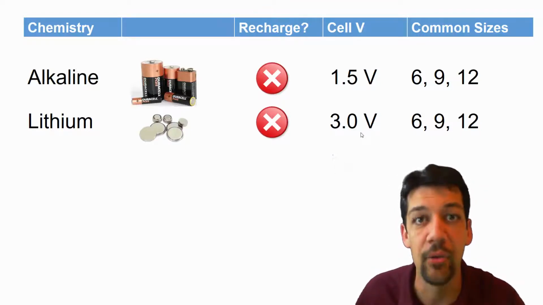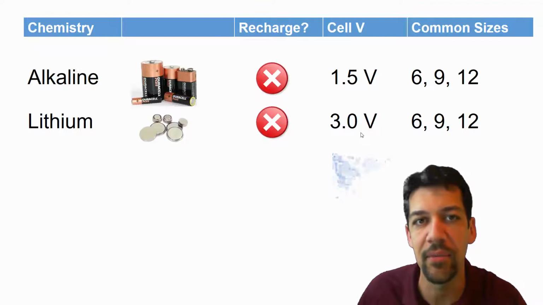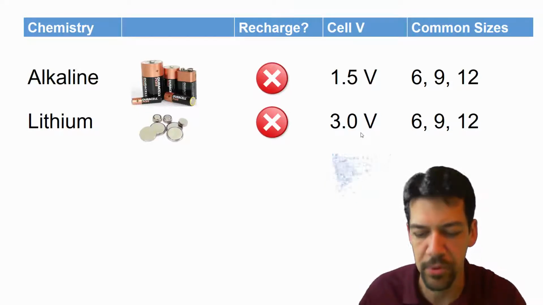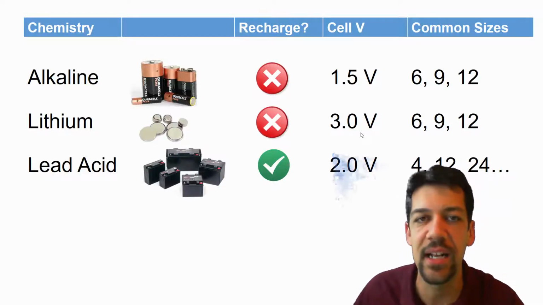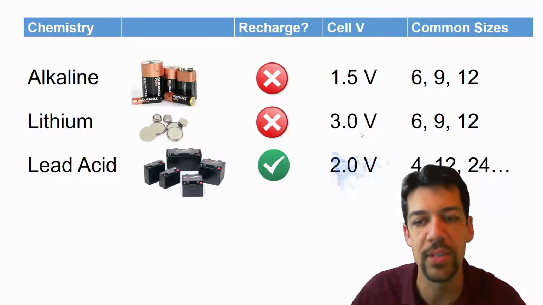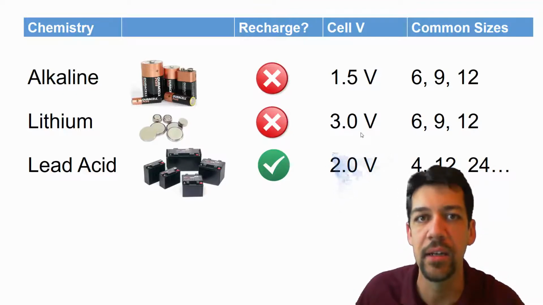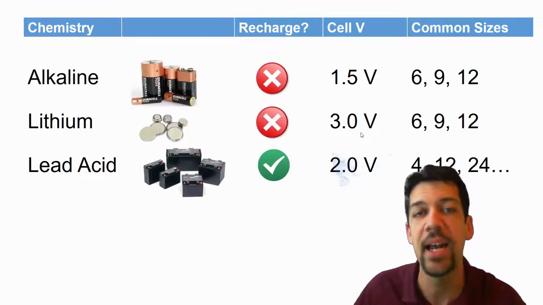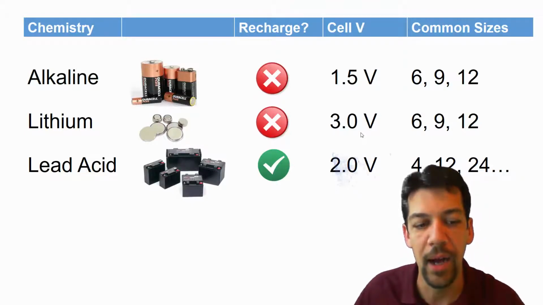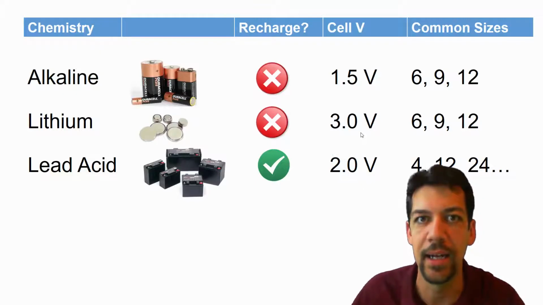They're usually really expensive, but they're very high capacity for the size of a battery. So they have very high energy density, but they're not very cheap. Lead acid batteries are what you find in your car. So this is what your main car battery is. And each cell of a lead acid battery is 2 volts. These are not commonly used in embedded systems or our devices because they're so heavy. They're very, very dense. They have a high energy density, but they're also very heavy because